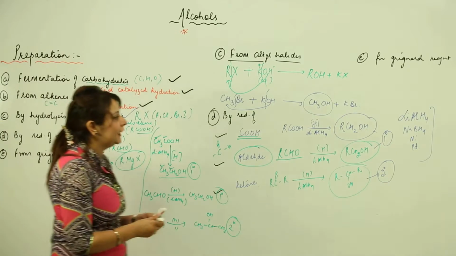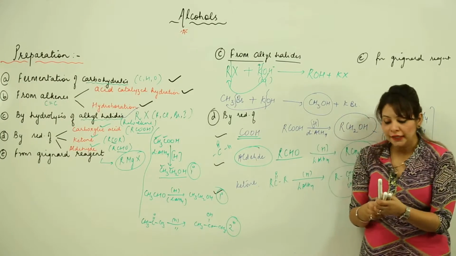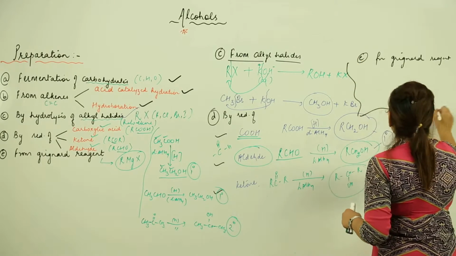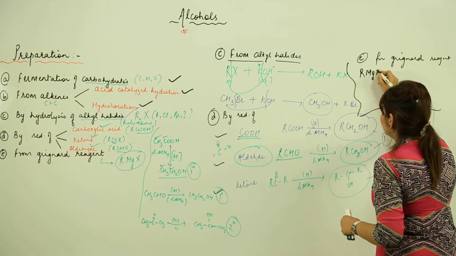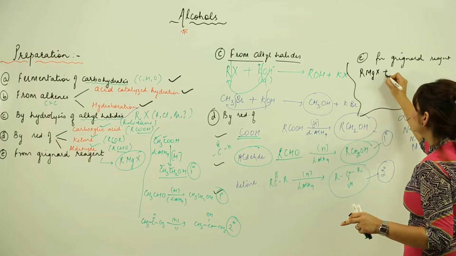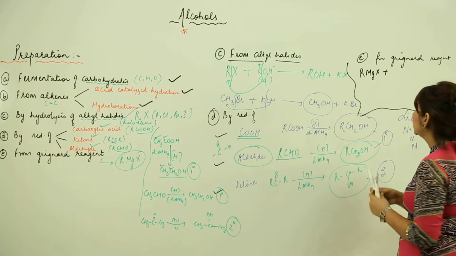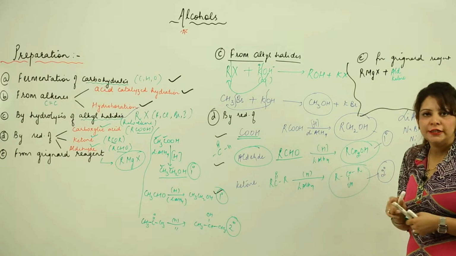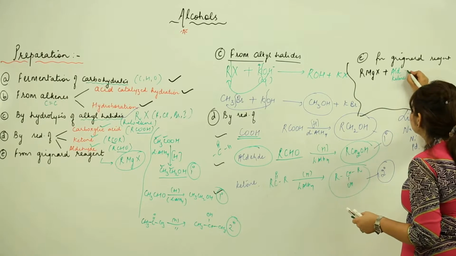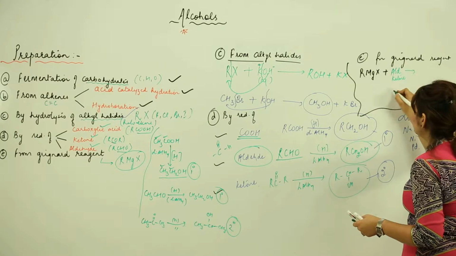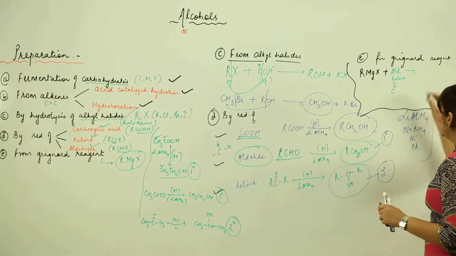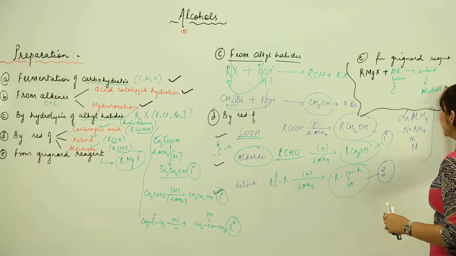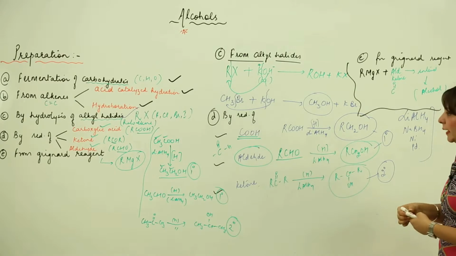Last is from the Grignard reagent, how you can get it from the Grignard reagent. As I told you, the Grignard reagent is RMgX, right. So what we are going to do is react this Grignard reagent with an aldehyde, or with a ketone, we can use either of them. Both of them contain this carbonyl group, so they are going to form the intermediate and finally we are going to get our alcohol. Let's take an example and I'll explain with the help of the example.